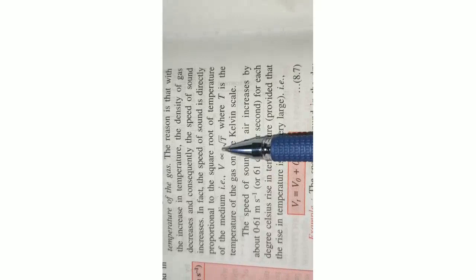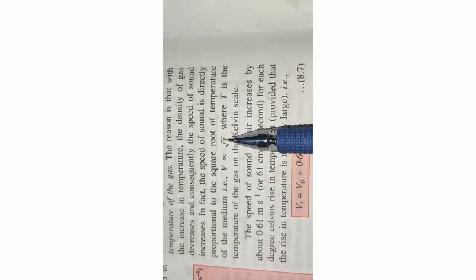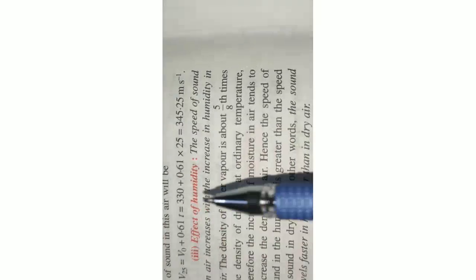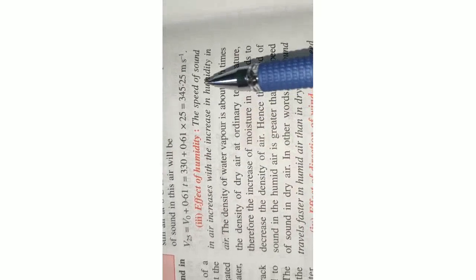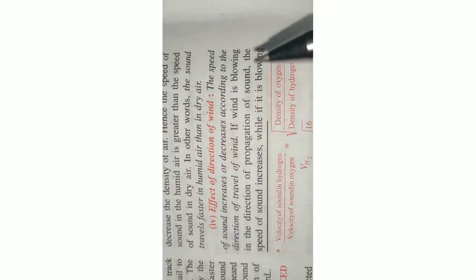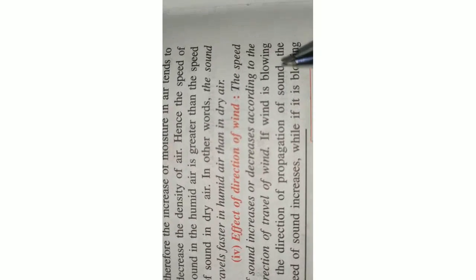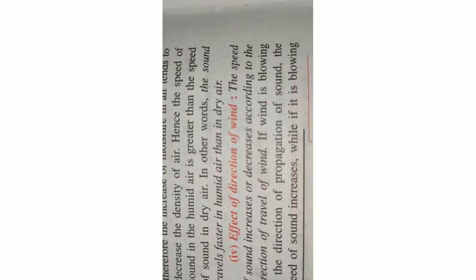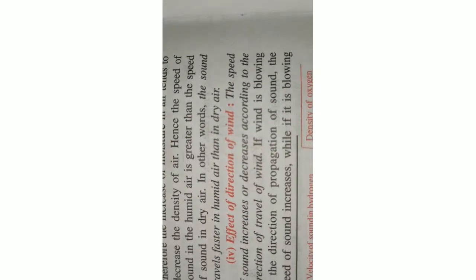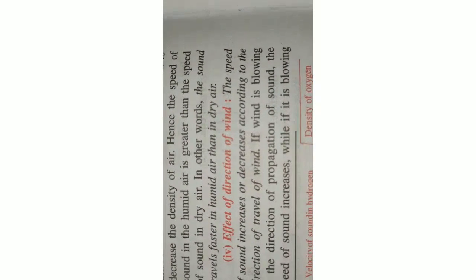Velocity of sound or speed of sound is directly proportional to the square root of temperature. Then we have the effect of humidity. The speed of sound increases with the increase in humidity in air. And finally, the direction of wind. The speed of sound will increase or decrease according to the direction of the wind. If the wind is blowing in the direction of propagation of sound, the speed of the sound will increase, and if the wind is blowing in the opposite direction to the direction of propagation of sound, then the velocity